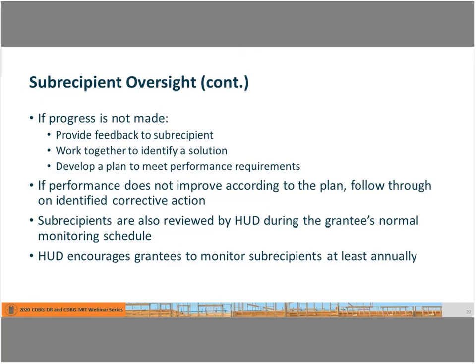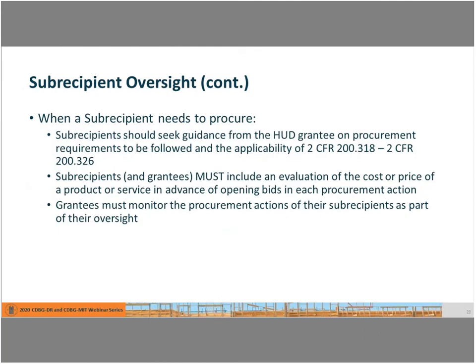If that does not improve, if corrective actions aren't taken, then the grantee needs to be in a position to move forward and to execute those provisions that could ultimately result in termination or cancellation of the funding, all right? The other thing that's important to understand is that while the grantee ultimately is responsible, HUD will in fact monitor subrecipients independent of the grantee, double checking and verifying the subrecipient activities and performance independently, to make sure that the information the grantee is providing is accurate, all right? What we say again is that while HUD encourages grantees to monitor subrecipients at least annually, I think it is a performance standard that has been well established that all subrecipients should be reviewed no less than on an annual basis, okay? And then finally,